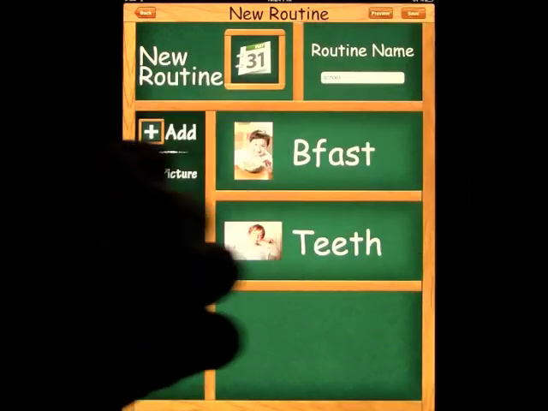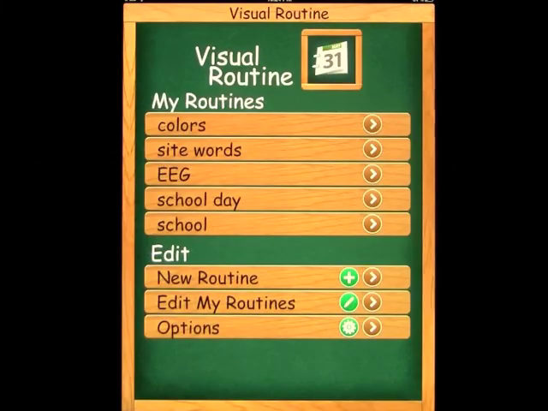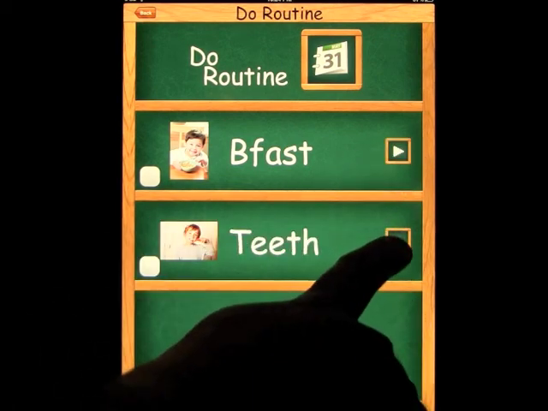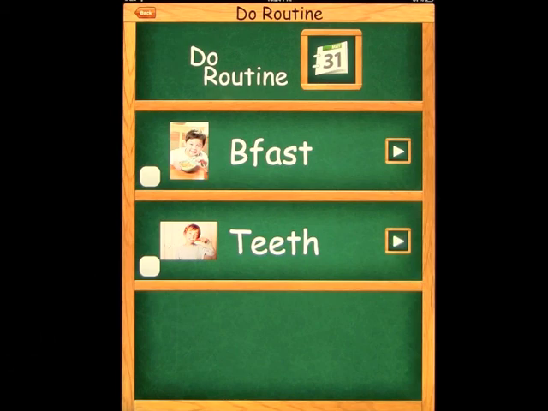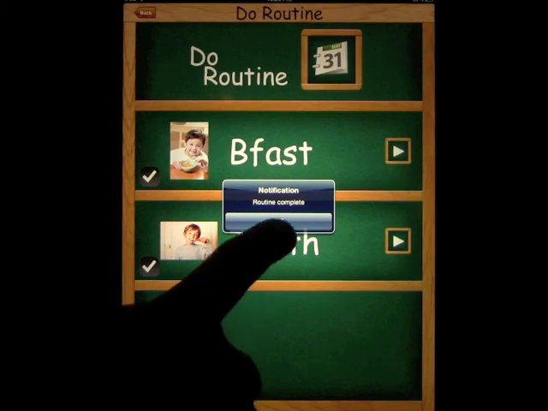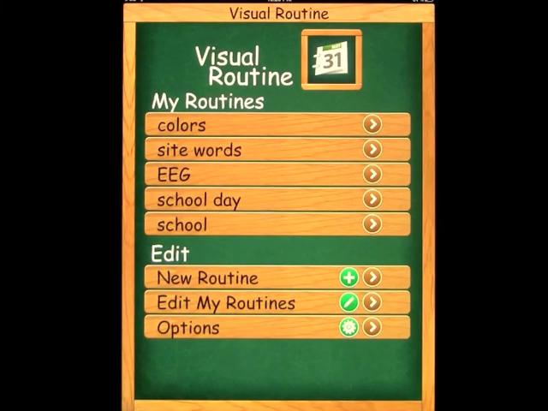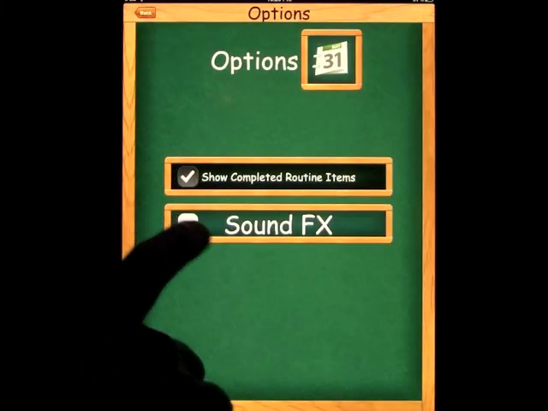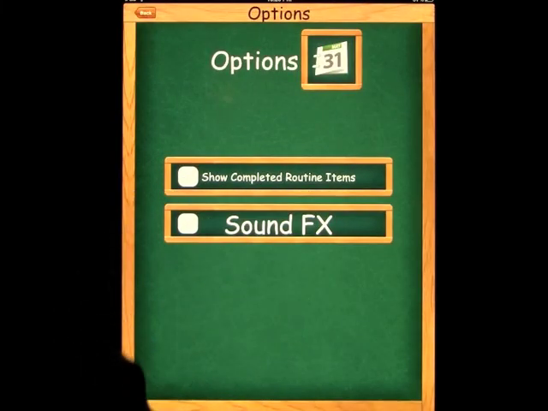Once you're happy with your routine, you will save it, and you'll notice that it shows up here, and then you have the routine that you just created. Good. Eat breakfast, brush my teeth, and we just did that. And once you click on the check marks, your routine is complete, and it takes you back to the main screen. Now if we go into options just very quickly, turning sound effects off and showing completed items,